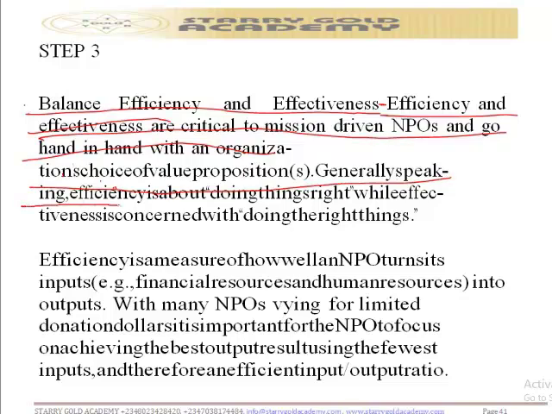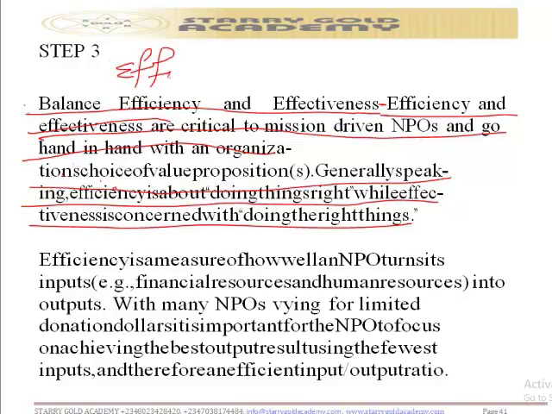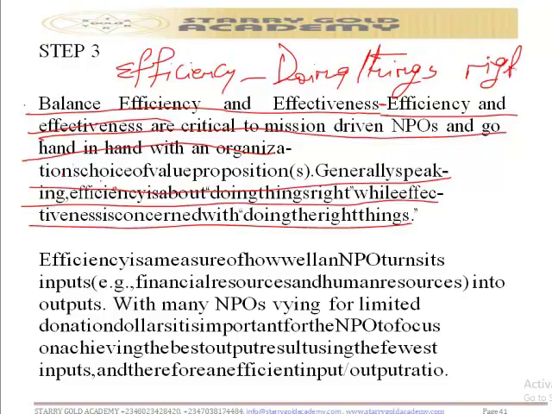Generally speaking, efficiency is about doing things right, while effectiveness is concerned with doing the right things. Remember, efficiency talks about doing things right, while effectiveness talks about doing the right thing. Let me just put it here. Effectiveness